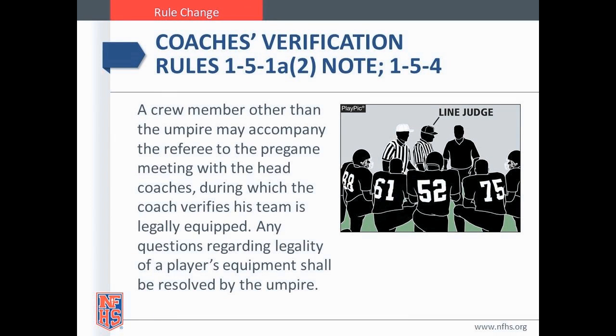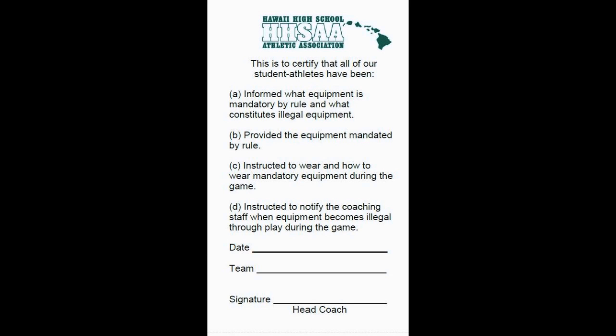Next involves the pregame meeting with the head coach, and for years it's been the referee and the umpire. But with the addition of the center judge in college and all kinds of different mechanics, and also sometimes people maybe not showing up on time, they've allowed for an alternate person to go with the referee for those coaches' meetings, which include making sure that the players are properly equipped. And I've given an example of the card that we use here for the state tournament and local high school games, which is basically made directly off of the NCAA equipment card that all coaches need to sign before any